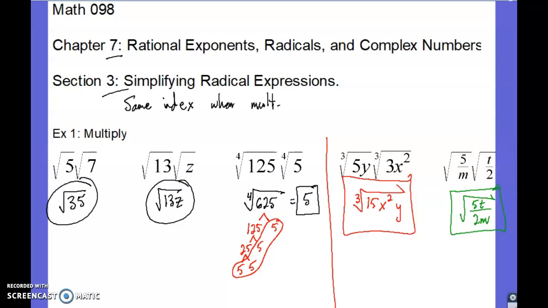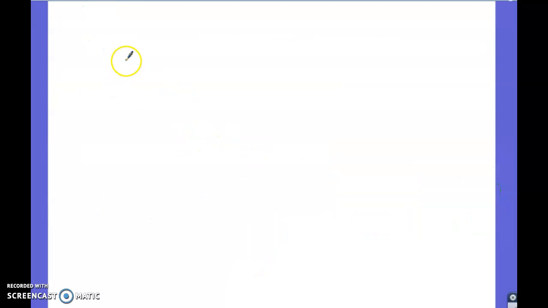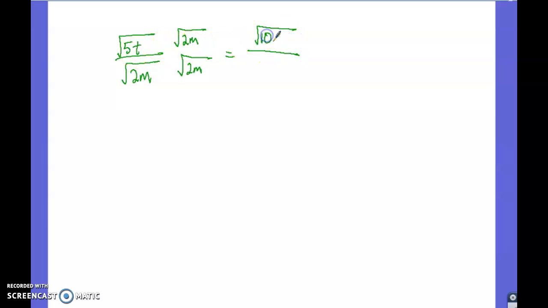However, with a radical, we want to rationalize the denominator. So let me give you a heads up on that. Let me just find some empty space here. So that's the same thing as the square root of 5t over the square root of 2m. And what you're going to see me do is I'm going to rationalize the denominator because this is an irrational number. So what we do is we multiply top and bottom by the denominator. And what we end up with in the numerator is 5 times 2 is 10, still under the square root,